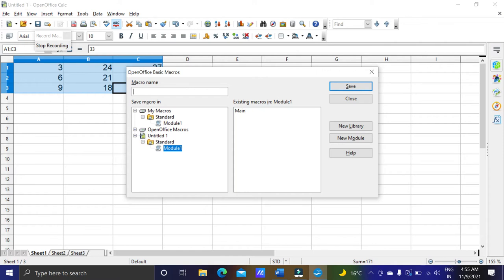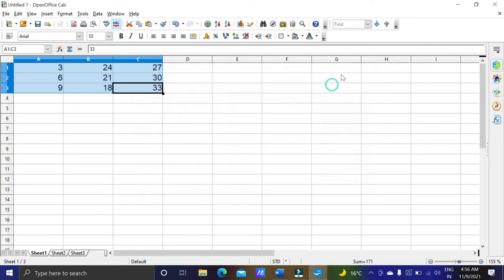I will go for paste multiply. Paste multiply will be the name of my macro. Now I can click on save.